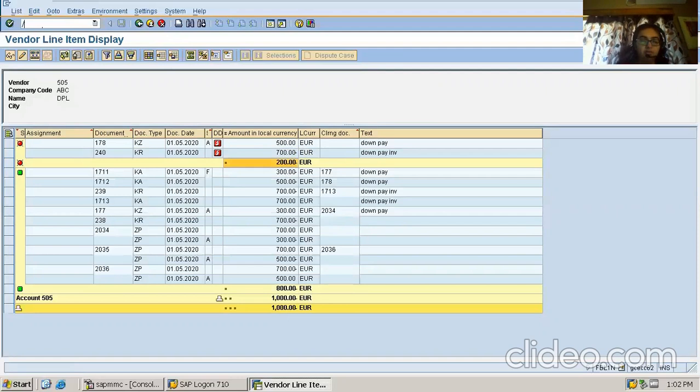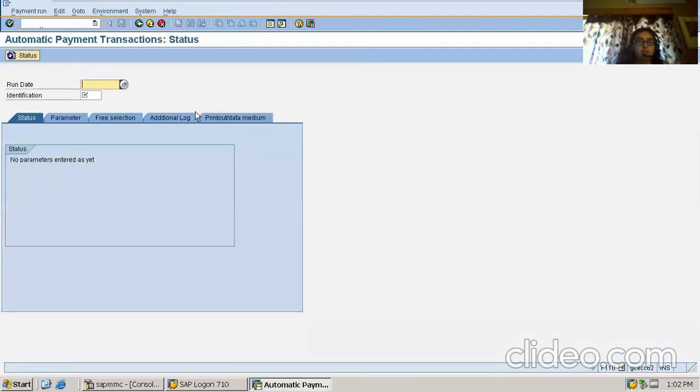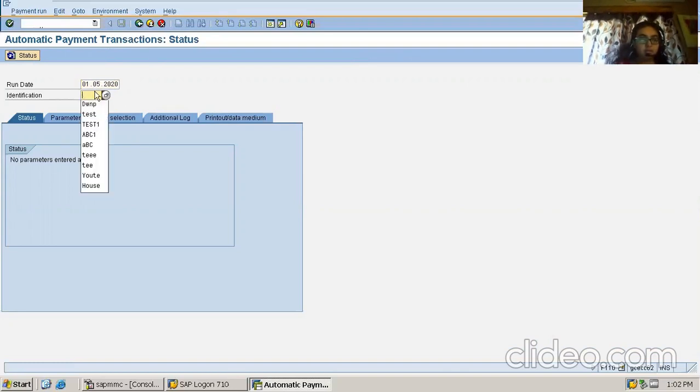Now I'm going to F110 and will be paying. Run date 1st of May 2020, and the identification would be test, down pay, D test D.